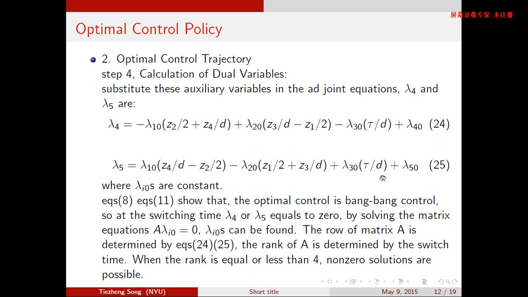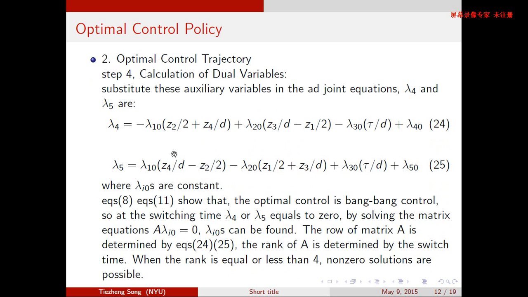We can have these two equations, which are basically functions of time. Since from equations 8 to 11 we know that the optimal control for this problem is bang-bang control, which means